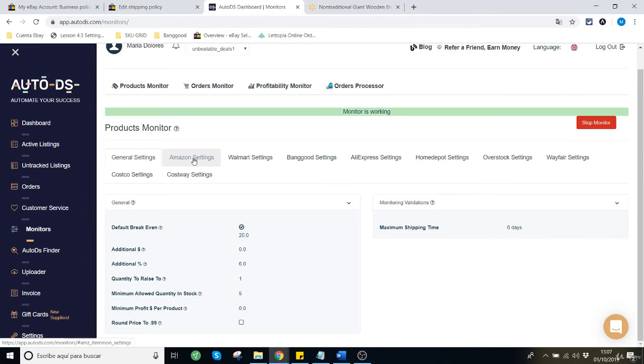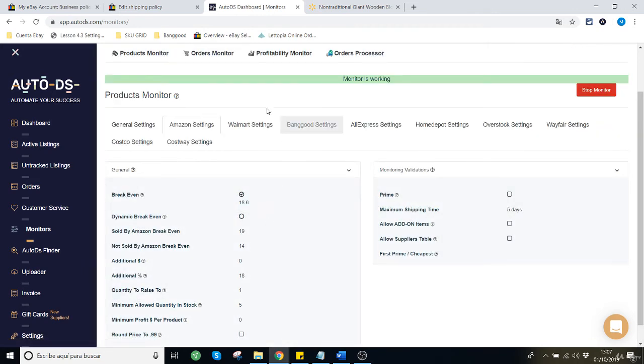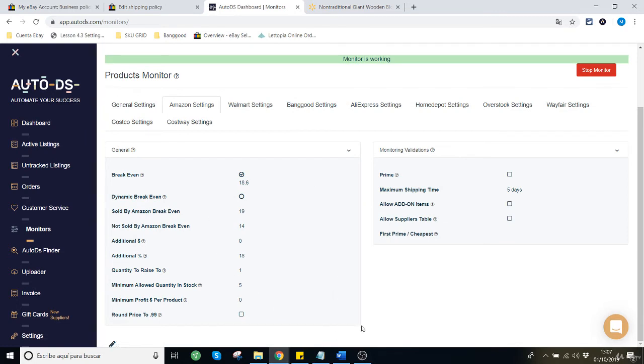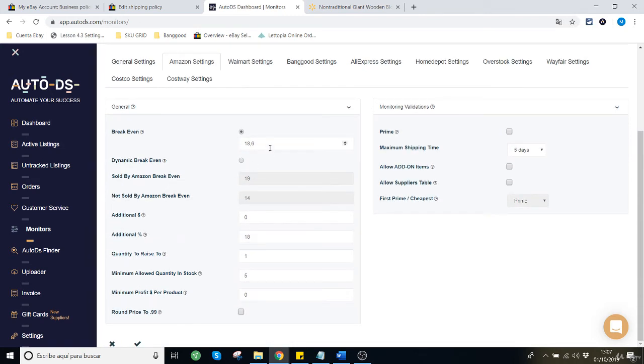So now we come into Amazon settings, because I want to configure Amazon, at least Amazon and maybe Home Depot. Walmart settings are more or less the same as the general settings, so it can be valid that Walmart items apply general settings. In the case of Amazon, I want to show you some configuration that I want to set up here. So click on the pencil as we did before, set up here as 20.